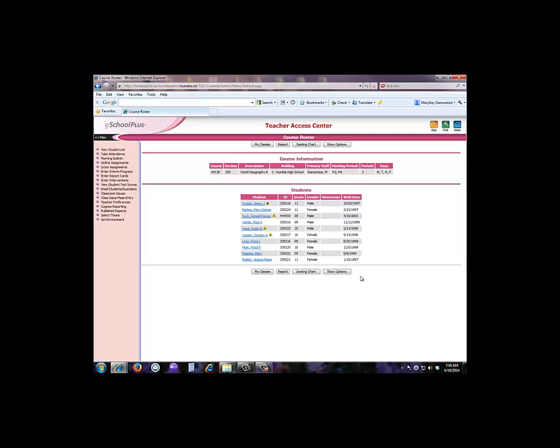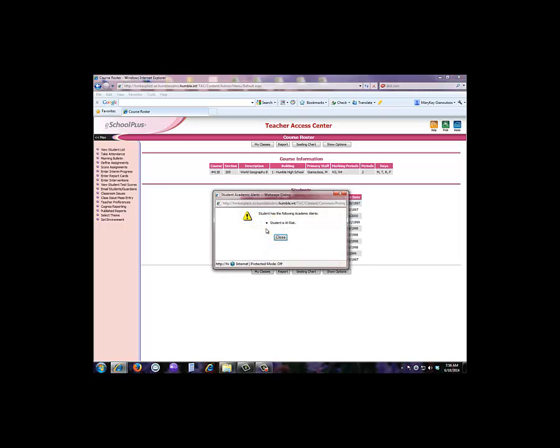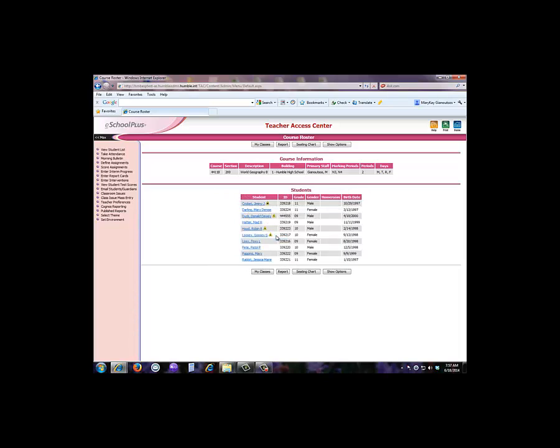And from this course roster screen, I may see various kinds of alerts for a student. M is for a medical alert, S is for special education classification, and A is for an academic alert. In this case, the academic alert is that the student has been coded at risk based on one of the 13 state criteria. I want to create right now a PDF document that gives me a list of my students